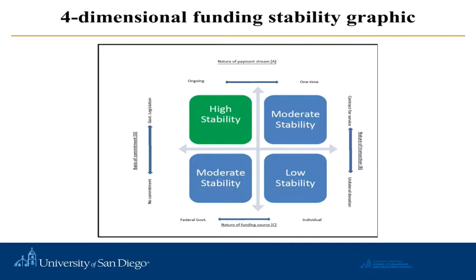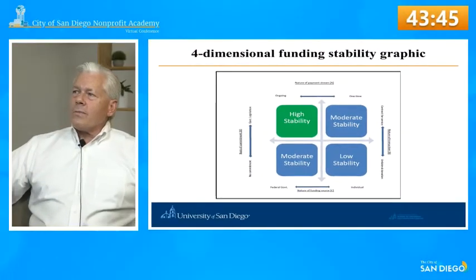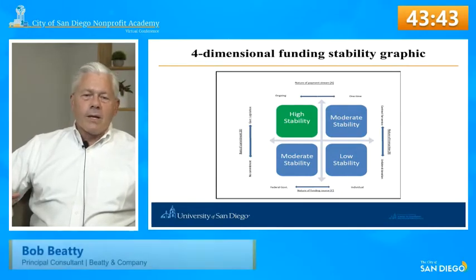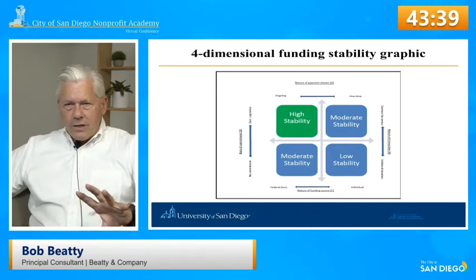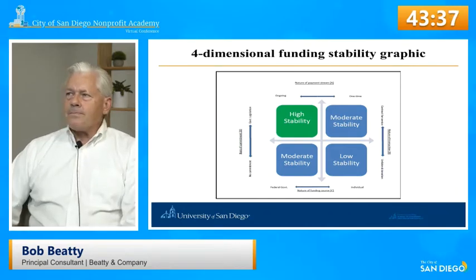Yeah, but it's still fairly stable compared to an individual who literally could die tomorrow, right? Now the federal government might die in a couple of weeks here, but I'm trying to be funny, I guess. So if it's an individual, it'd be relatively unstable, and if it's the federal government, state government, all that sort of thing, just look at that along the continuum to get that sense.